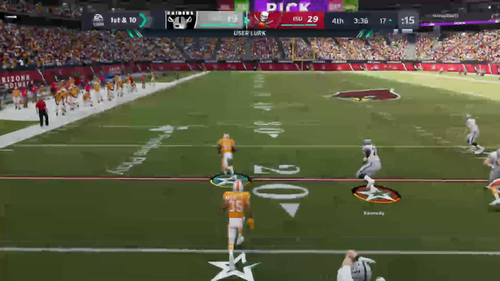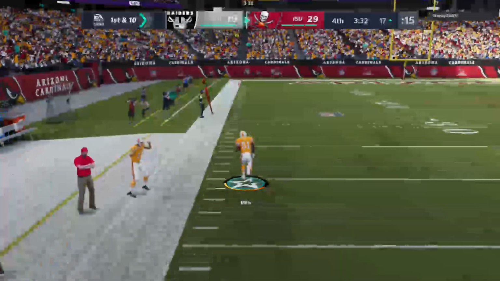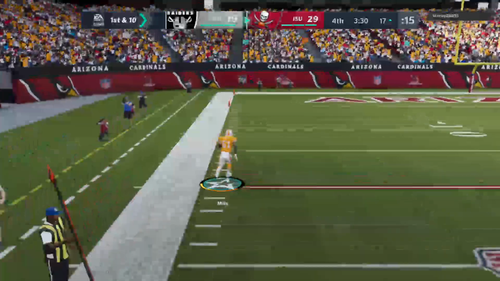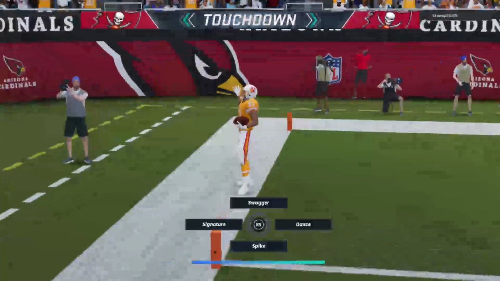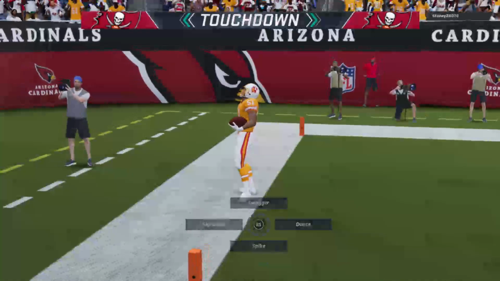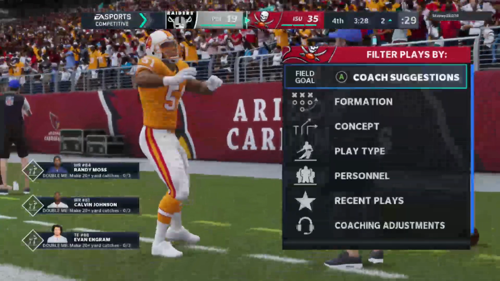And looking for Kittle, but it's intercepted. Picked off at the 16. He's at the 50. The 30. 10. And it's a pick 6. He brings it back to the house for a Buccaneer TD. And that...